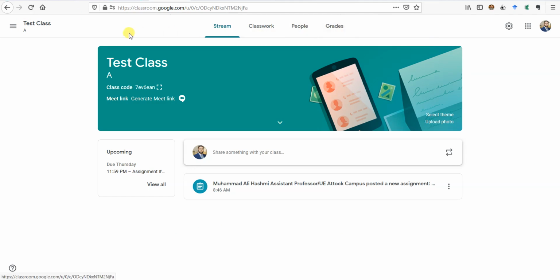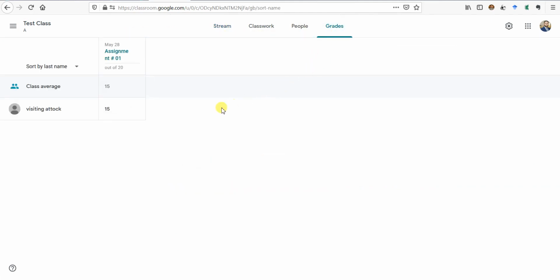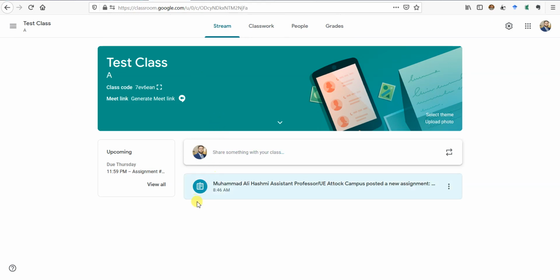And if I go to the main class and then click on grades, I can see assignment number one. So there is one student. That student got 15 out of 20, and the average of the class is 15. So you will see a list of all the other students and their grades here in the assignment, and then you can definitely download those grades. And this was all about how to create an assignment and how you will grade or mark them in